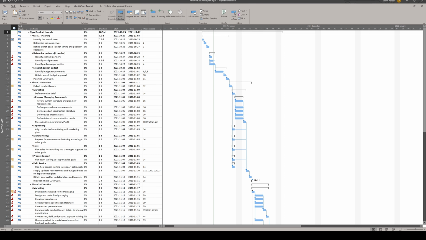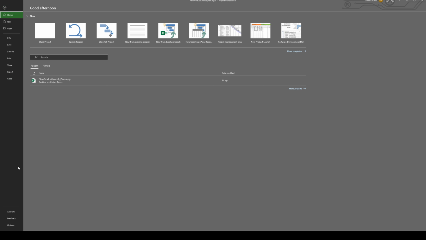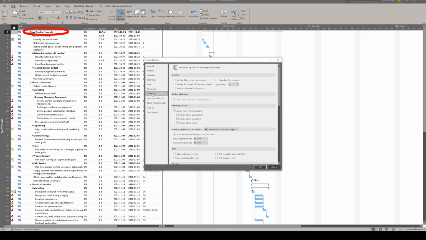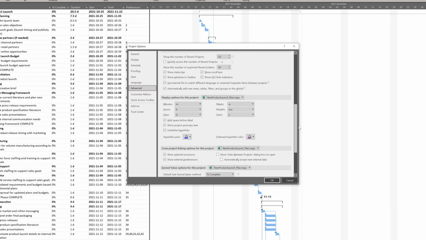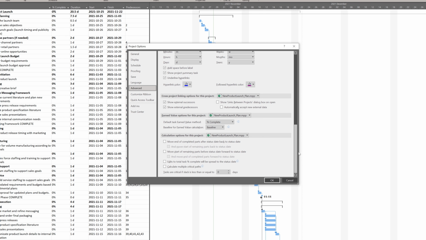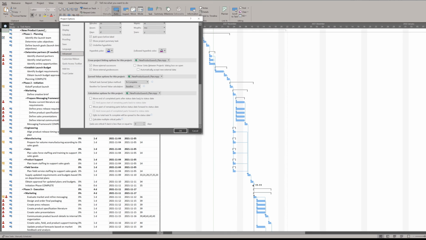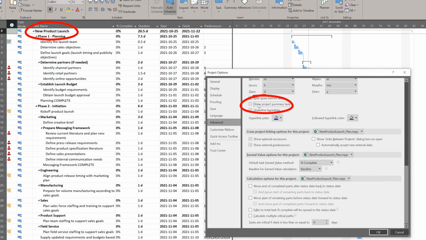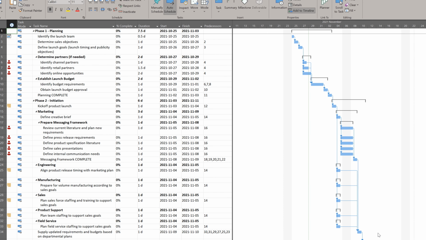There's one final option that you may want to enable or disable depending on your preference. If you don't want to see the summary task at the top of your project plan, go to the Advanced section in the Options window, scroll to the middle section and look for the option Show Project Summary Task. In my situation, I have it checked. If I uncheck it, take a look at row 0 in the project plan. When I click OK, the project summary task will be removed by Project. This option is handy when you don't want the summary task to be visible.